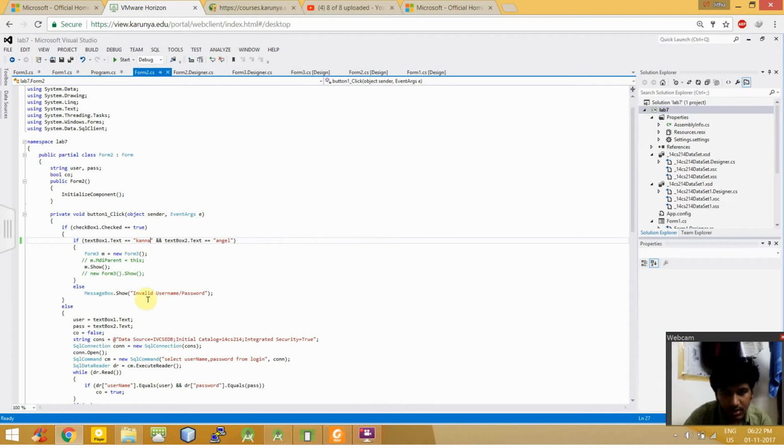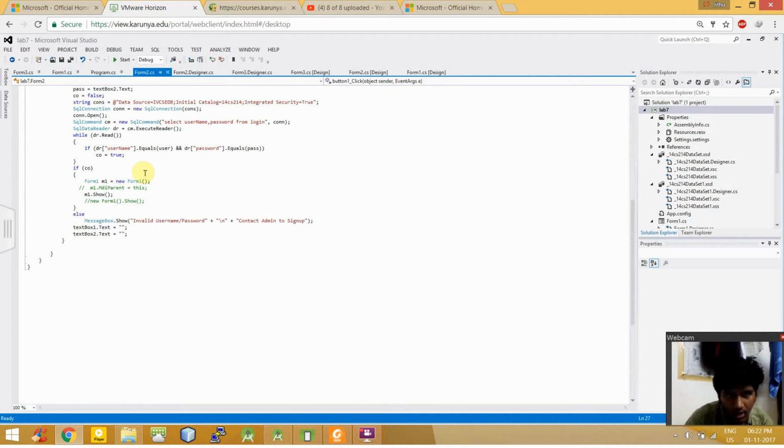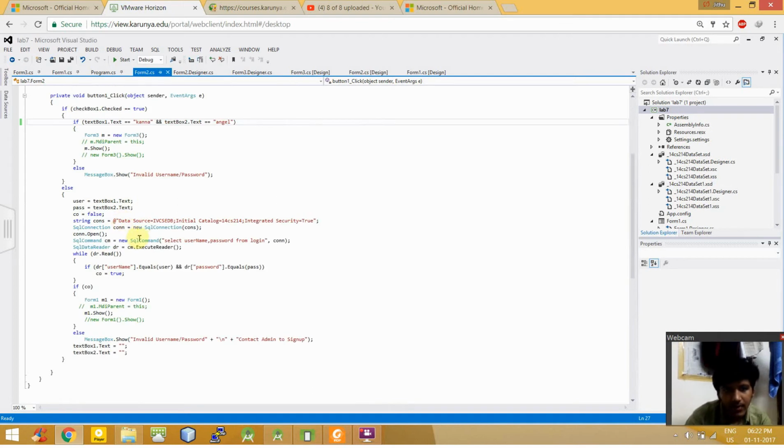And if that's not the case, we'll be just showing a message box saying the password or the username is invalid. If the checkbox is not checked, if this is a normal user, we'll be logging in as that user, and we'll initially be using the SQL command for selecting username, password from the login, and then we'll be executing it